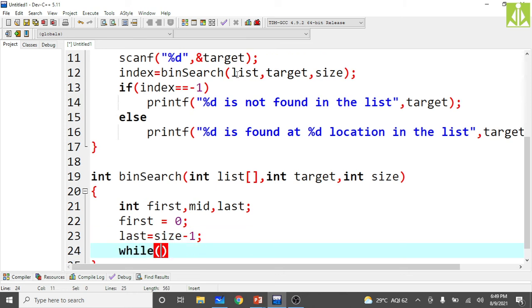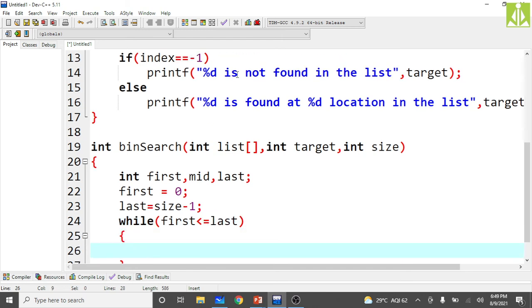Here we need to take a while loop, because in each iteration we need to check a condition: the first value must always be less than or equal to the last value. If this condition is true, then immediately calculate the mid value. Mid equals first plus last, divided by 2.